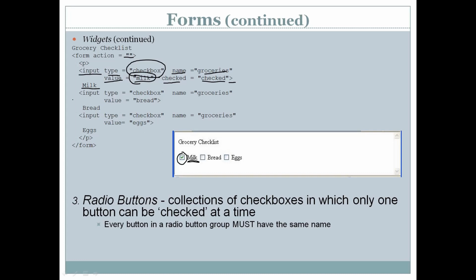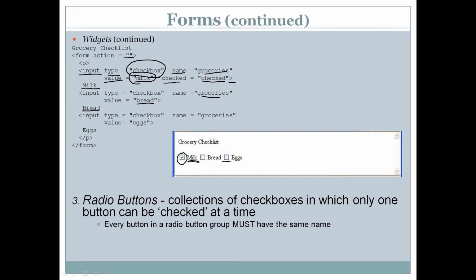In the same way we create the next square box by using again an input tag, type checkbox, name groceries. It is from the same grocery list, so the names are the same. Then the value is bread, and then the text bread. Then the next checkbox is created. So this is how we can create a checkbox.